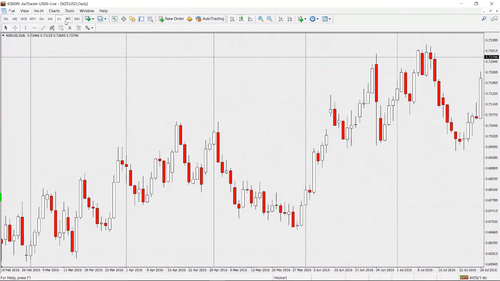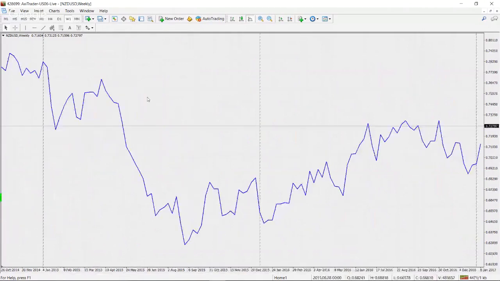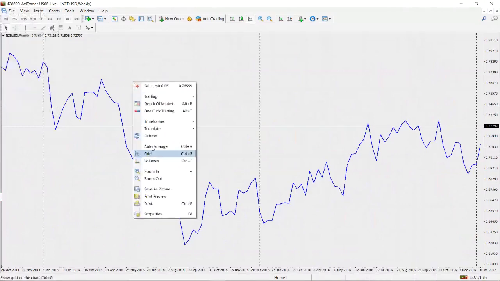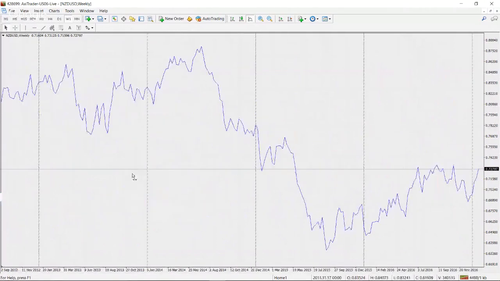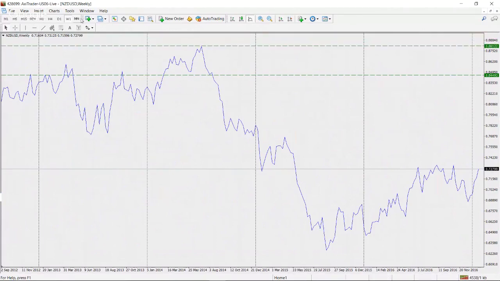And I'm going to go weekly, and I'm going to go line chart. And then what you'll see here on my chart is all of my support and resistance zones here. So I'm going to put it at the swing. So that if there's a swing high and a swing low, there doesn't have to be obviously touches on both sides. But most of my zones here will have touches from above, so support, and touches from below, which is